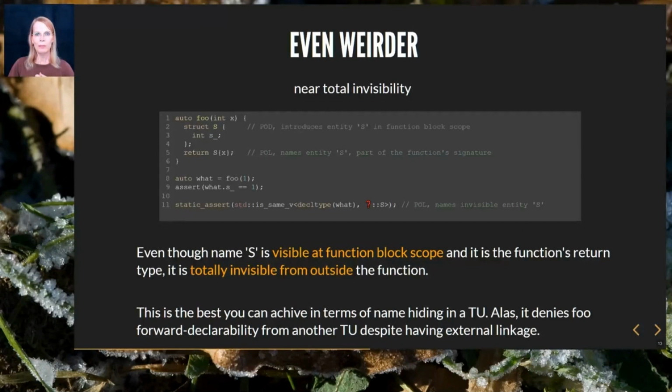The returned object can be used as usual, even though the name of the return type is totally invisible outside of the function. The compiler still has full knowledge of the type of the invisible name though, because it can reach into its definition. It has compiled the definition in the function body and returned this information. So, an entity being invisible does not imply it to be unknown.